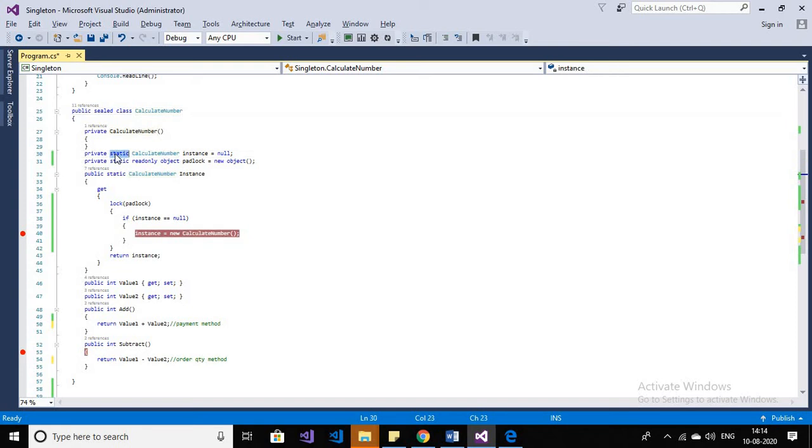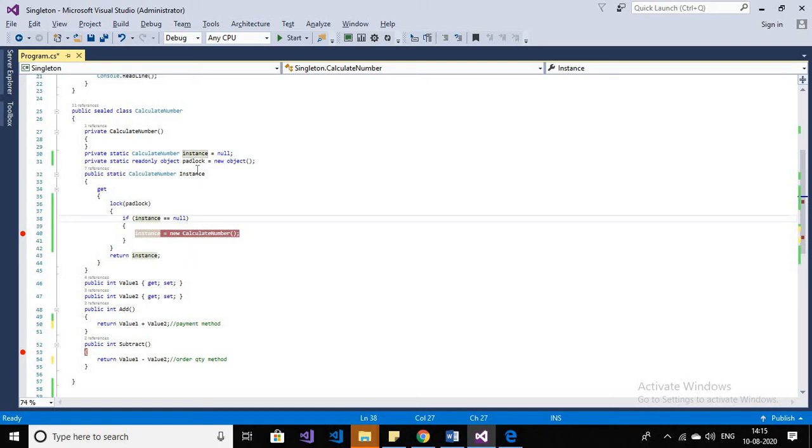Okay, I have declared the static. Because of the static, I can access the instance of this class. Instance is equal to null. That means that I'm achieving the singleton class design pattern aim, because I'm assuring that if instance is equal to null, then it will create a new instance, otherwise it will not create any new instance. So this is a proof that this class will have only one instance in every condition.